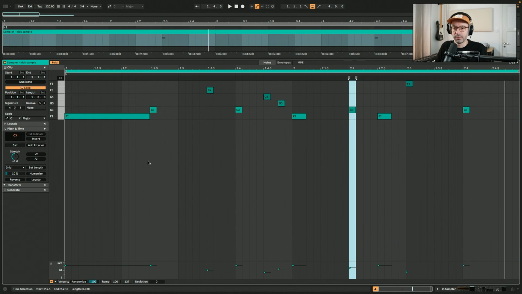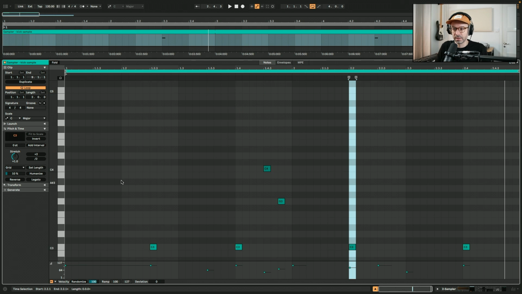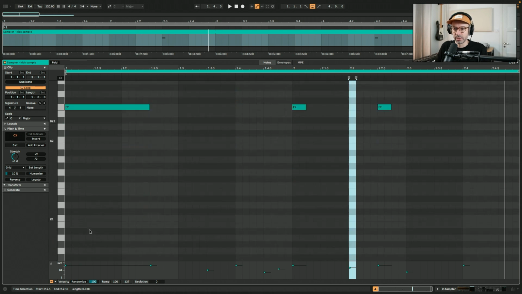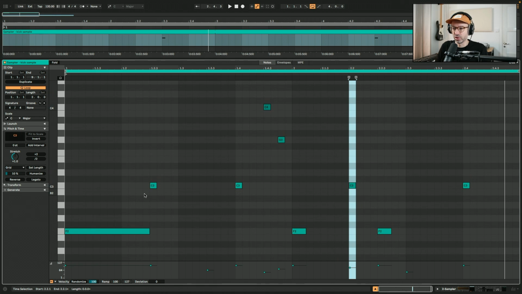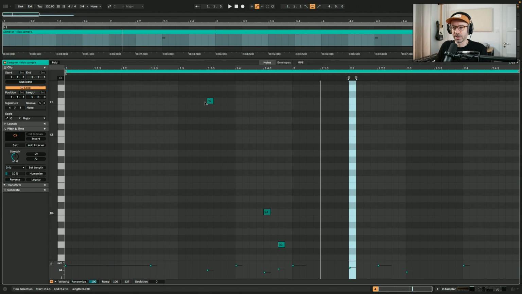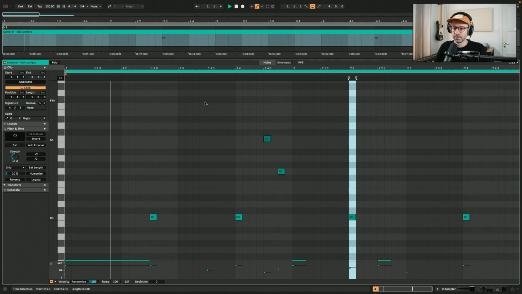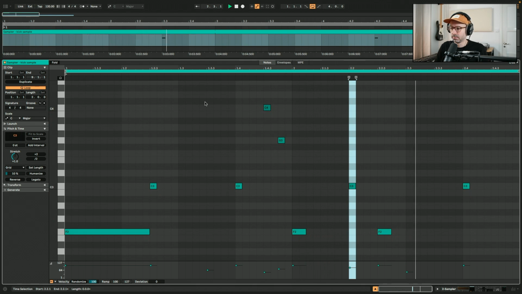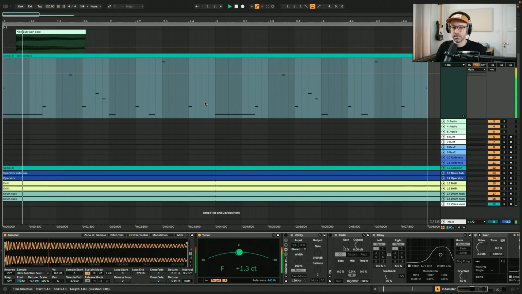It's a 2-bar loop, and if you look at the notes that are actually being played, if I unfold it, the lowest one is an F2, then it goes to C3, C4, G3, and then for the second bar is F, C, F, C. Oh yeah, and there's an F5 as well, so that's the very high one. So this is a nice little rhythmic pattern, but it's also a little bit boring and lifeless, and that's where